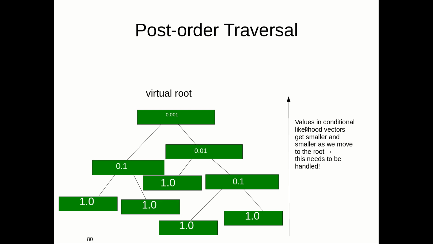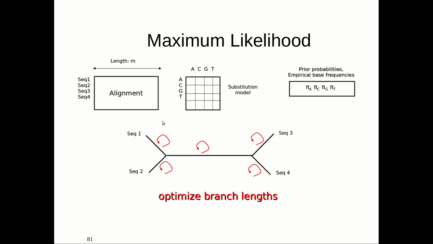So at some point, they will get so small that they cannot be represented on the computer anymore. So this actually needs to be handled, and what we do here is apply a technique called numerical scaling. So if those values get too small, we multiply them with a large number to scale them, and then somehow try to undo this multiplication, the scaling operation, at the root once we compute the overall log likelihood value. Okay,